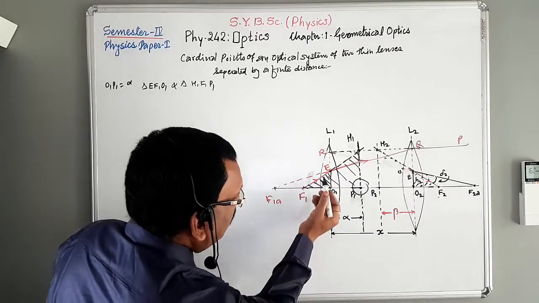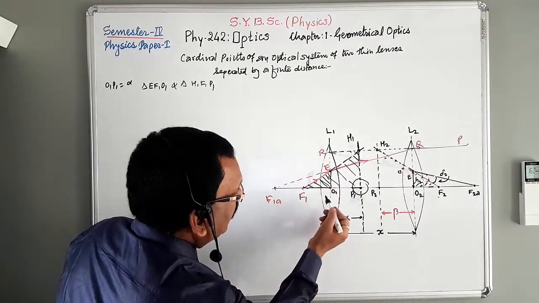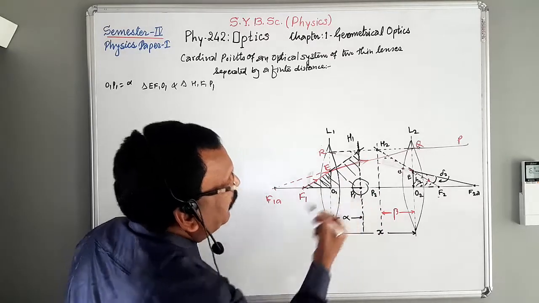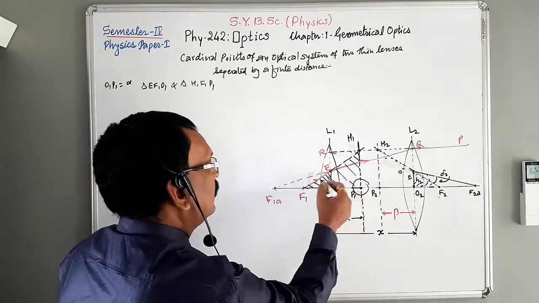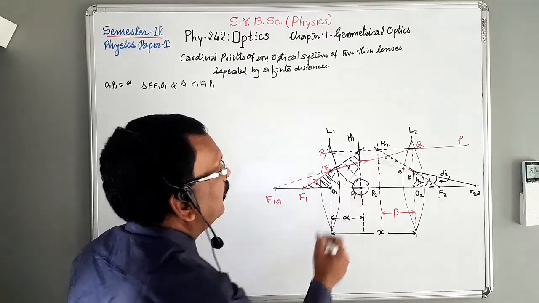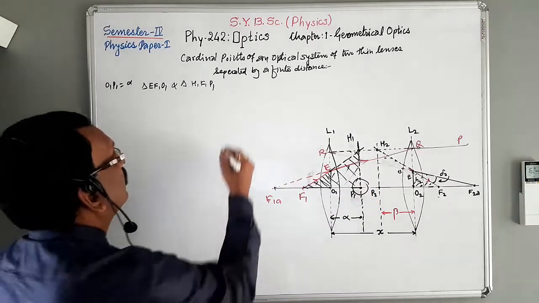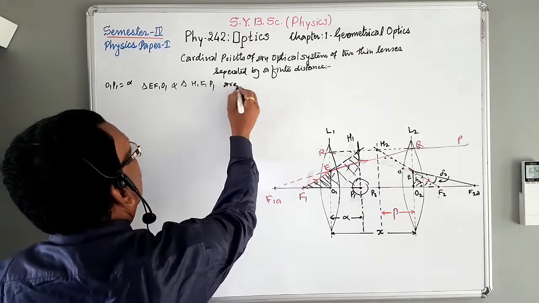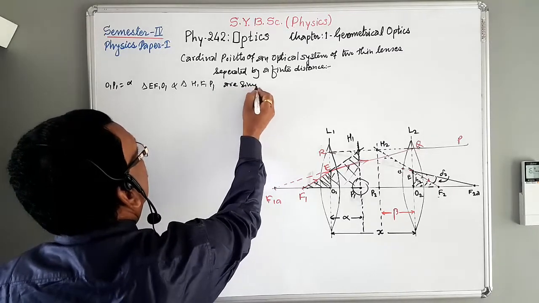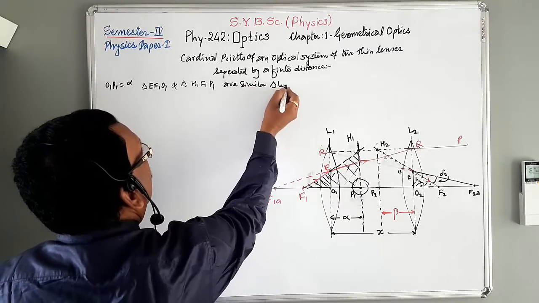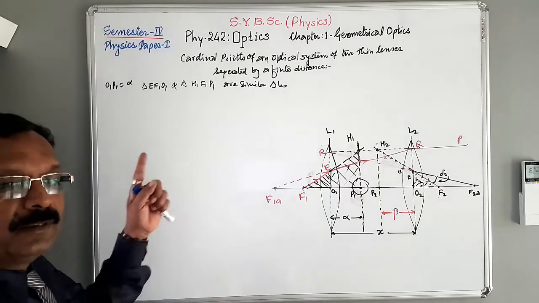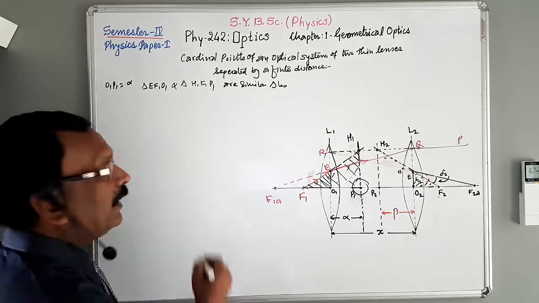See here, EF1O1 and H1F1P1. These two triangles are similar triangles. So, from the geometry of triangles, we can write